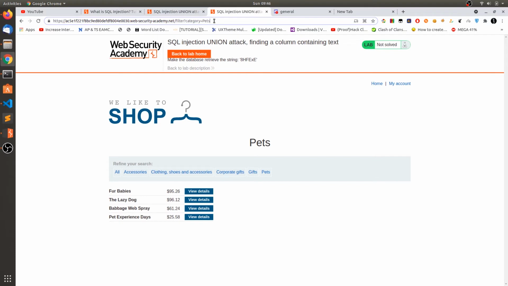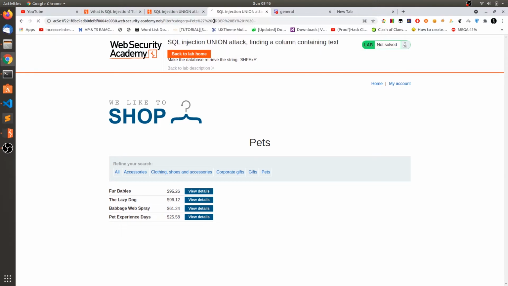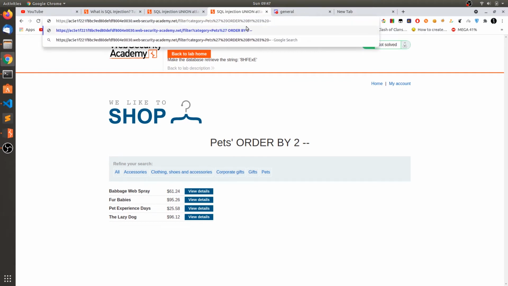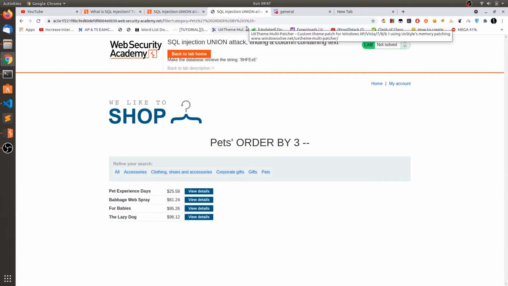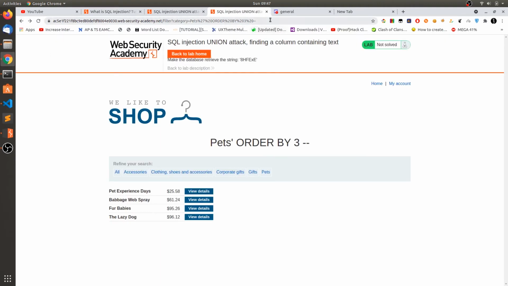So this is prone to SQL injection. Let's again order by 1. So there is the first column, and let's change it to 2. Second column, so there are 2 columns. Let's change it to 3. So there are 3 columns. Let's change it to 4, and you got the error. That means there are 3 columns.